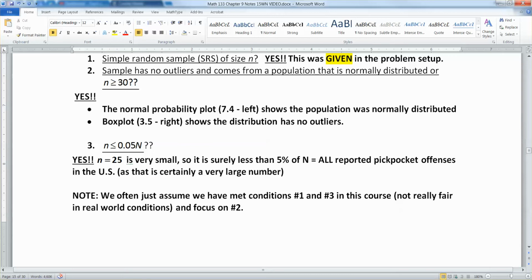Which is a very large number, right? And since that's so large, 25 is certainly less than 5% of that. I mean, 25 is probably less than 5% of all the pickpocketing in New York City alone this week, let alone all of them. Which leads me to a note. We often kind of wave our hands at the top one and the bottom one. So we often just assume that conditions 1 and 3 are met